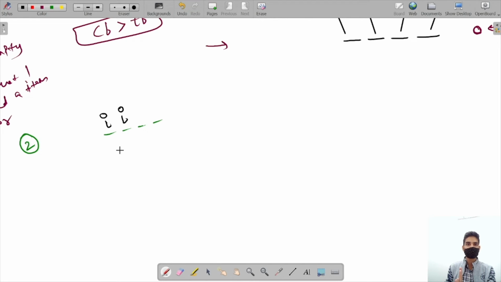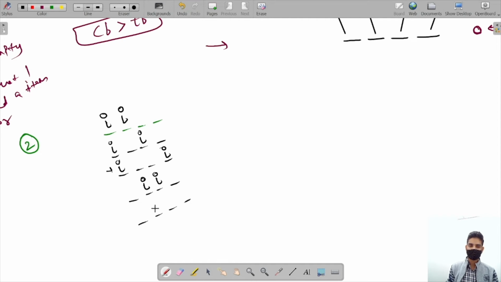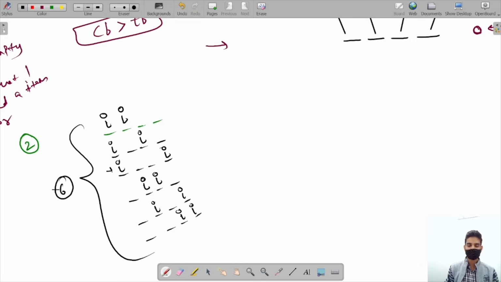Now I will make all the combinations for the second item. So this will remain here. I will not sit here, I will sit in the next one. Now I will say I will not sit here, I will sit here. Very good. Now I said that I will not sit here, so this will remain empty, and this will sit here. After that, this I sits here, and this I sits here. No more choices for any of the I. So we are having 6 cases.